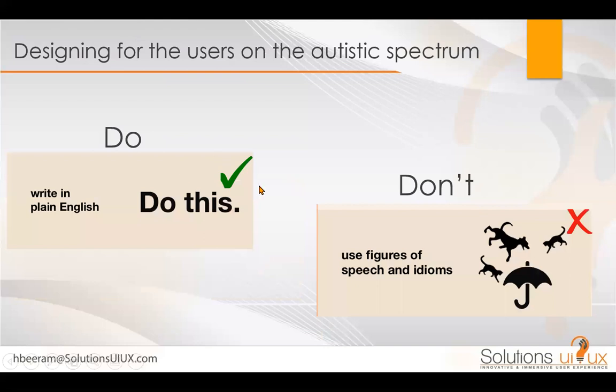Then the next one is write in plain English, right? Do this, do that, or something like that. Try this, search, or something like that. And let's not use figurative speech that they have to figure out, like "this is herding cats," or an image. You're trying to communicate with an image, but that doesn't communicate easily to a tech, like easy directions.